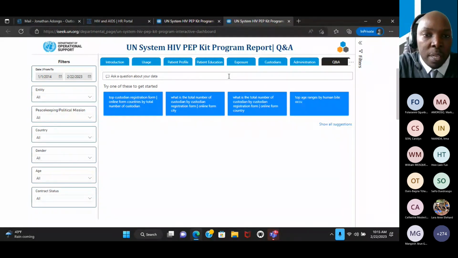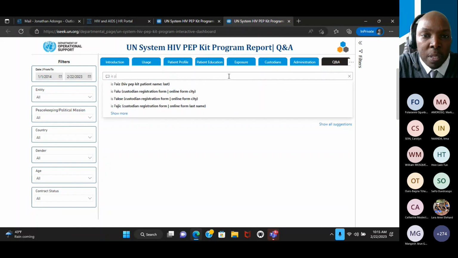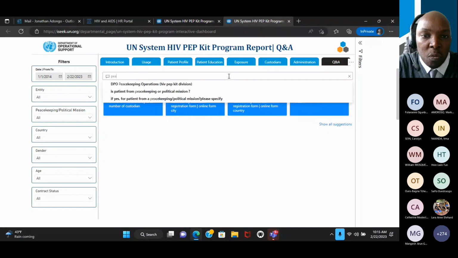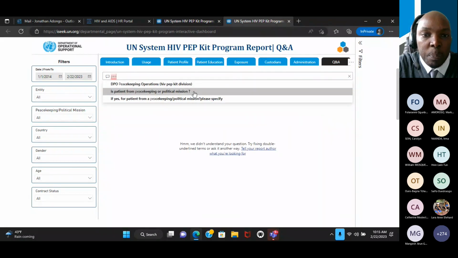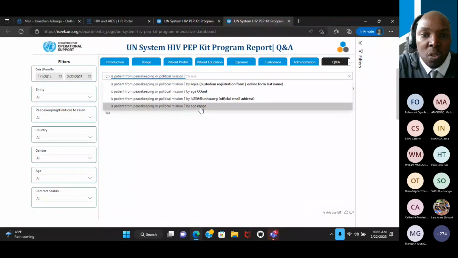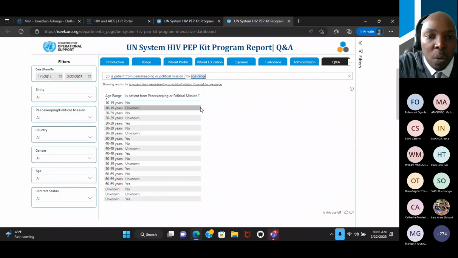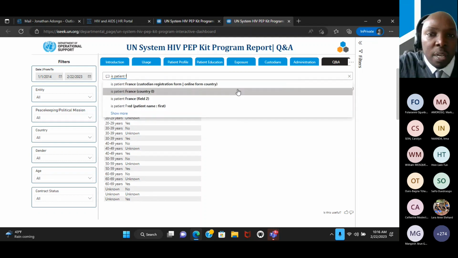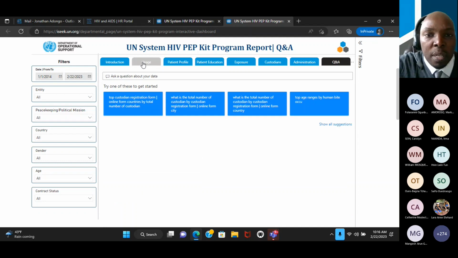For example, if I want to ask about the patient, you can say peacekeeping. So this is just a list of questions. For example, is the patient from a peacekeeping or political mission, and then you can cut that by age range, and you get a neat little table that tells you, okay, this is from the raw data. What does the raw data look like for that? But this is essentially for your personal use in case you want to cut the data in other ways. But what's most important is just the structure of the